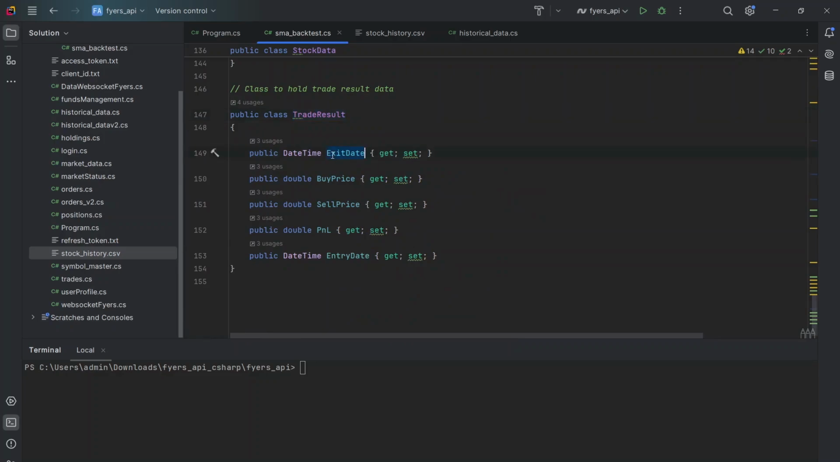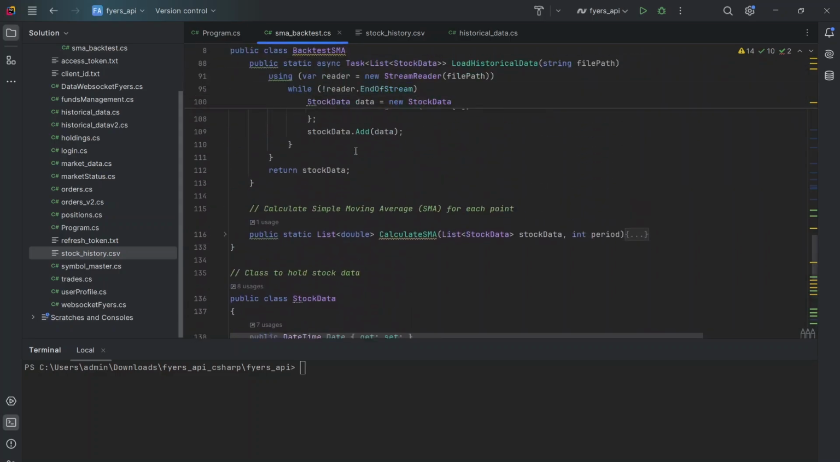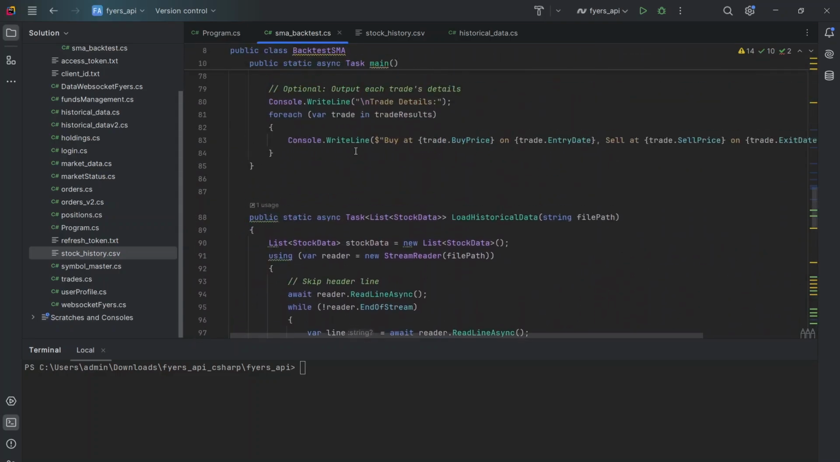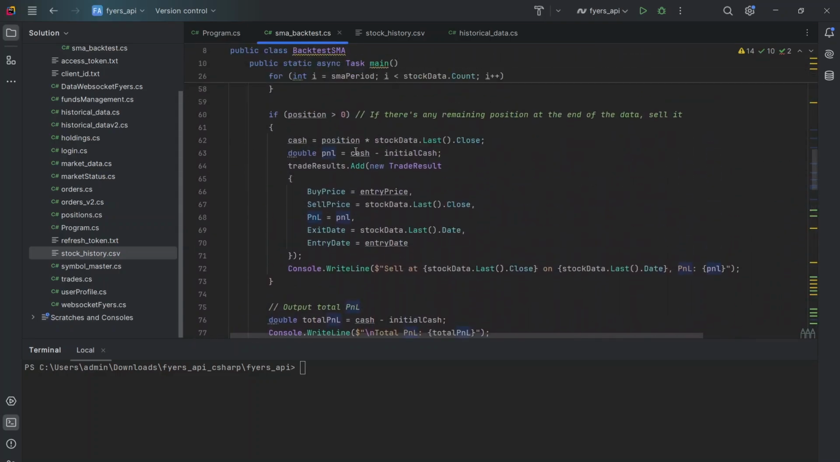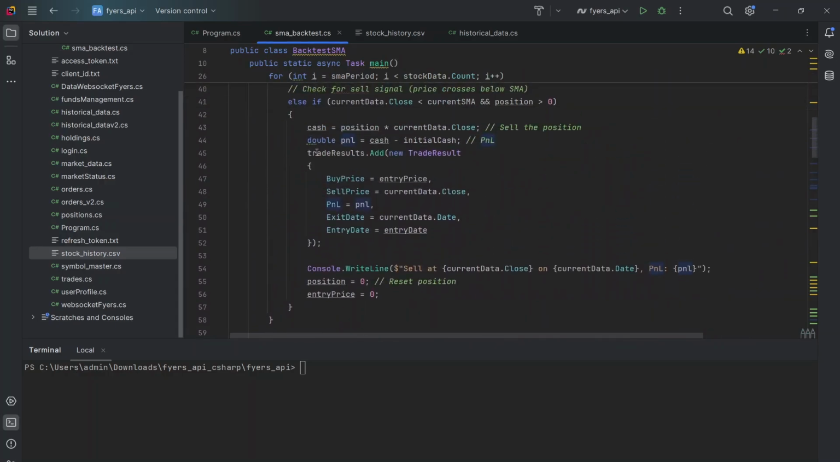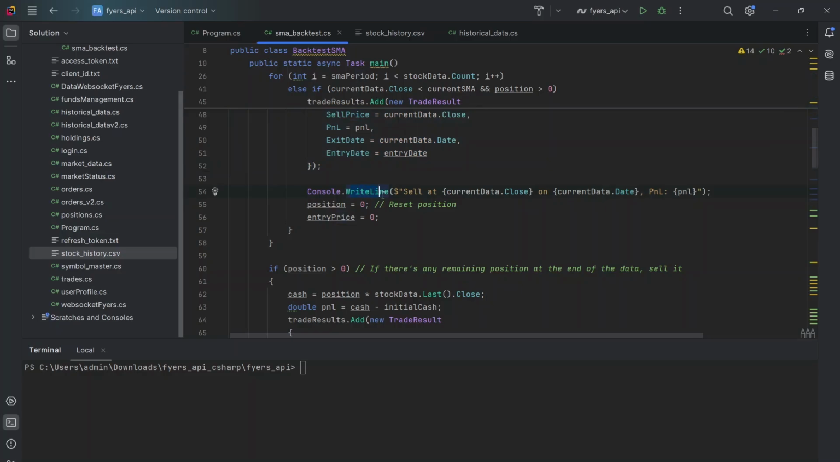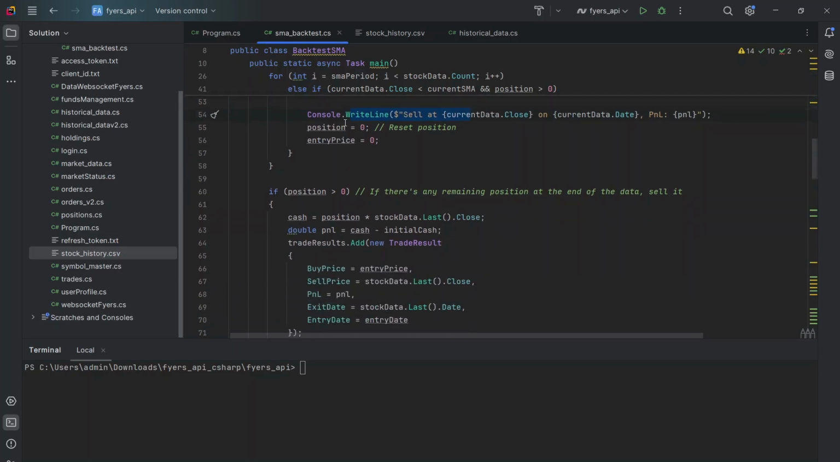So it will have the exit date, the entry date, the buy price, the sell price, and the PNL. It will keep saving it in this class, and we will finally paste it right in the end. You can see here that I am adding all the data to that class. I am also printing out the exit, and I'm just resetting the position to 0 and resetting the entry price